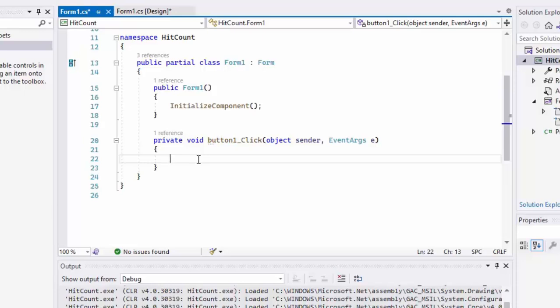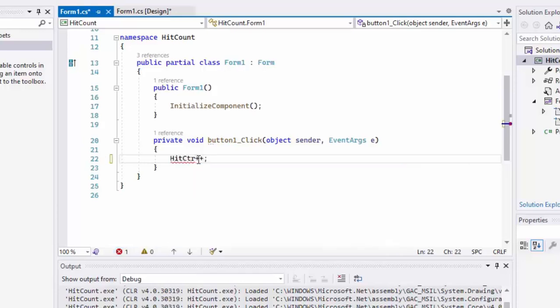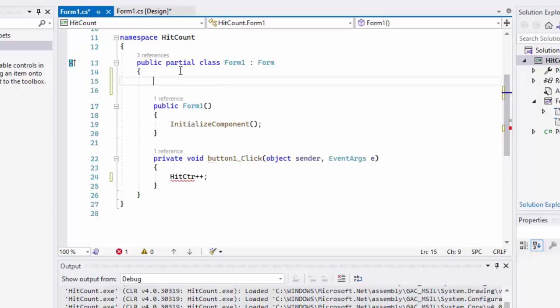Okay, so what we want to do when button 1 is clicked, we want to increase a variable. Okay, so what variable? Let's say we want to call it hit counter plus plus. But you can see here, hit counter is not declared yet. Okay, you can see there, hit counter does not exist. We need to declare it as private data, internal data.